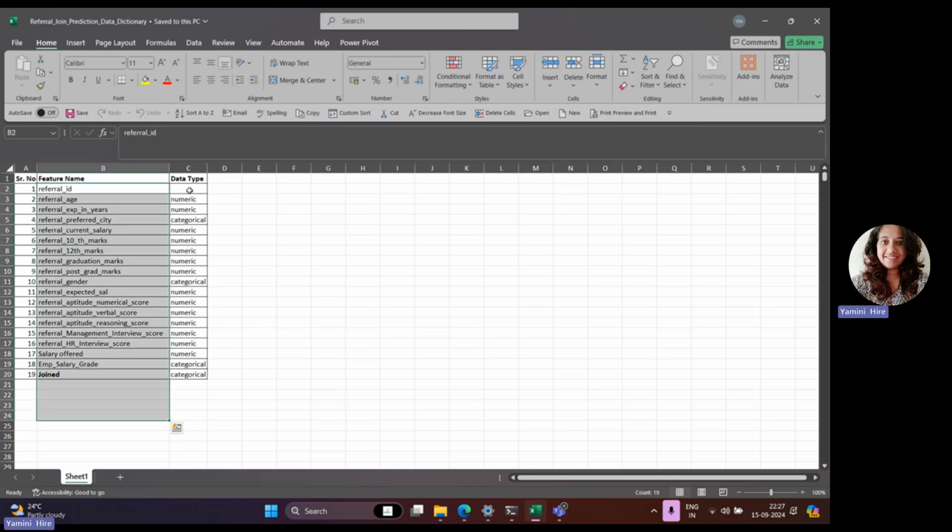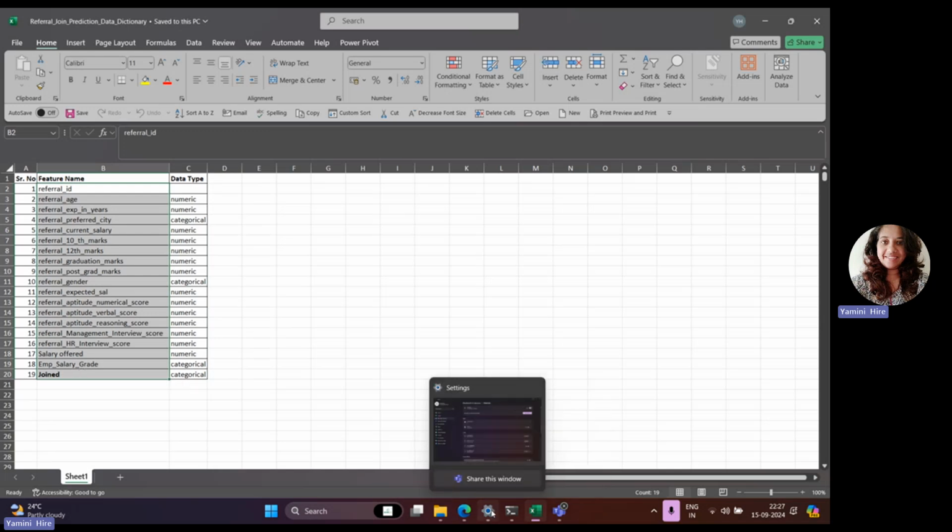We can see different data types are there. Almost all are numerical data types, and only four features are categorical or object data types. Looking at these features, we understand that the features given to us are almost all relevant for further analysis on the referral, to decide whether the referral will join the organization or not. So let's move ahead